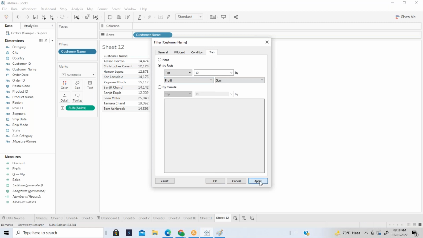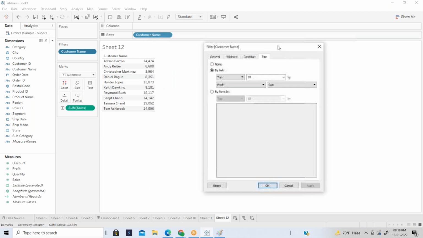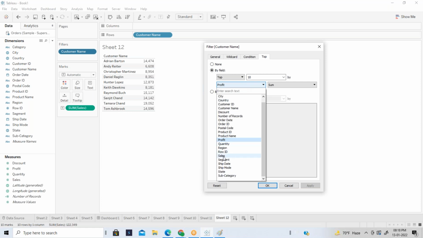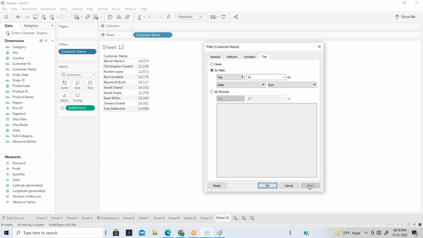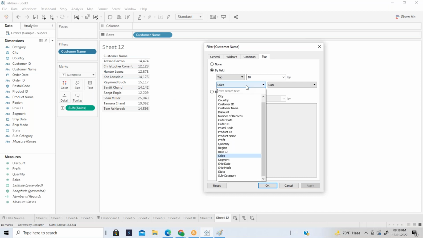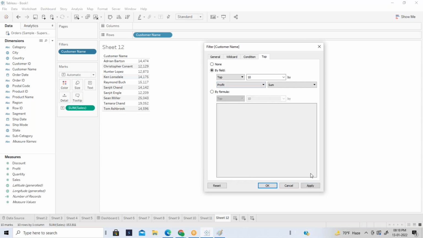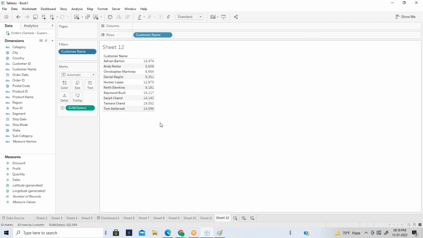So values will change, guys. You can see this. See, the different customers are reflecting now. If you make it sales, top 10 customers, you'll see that values are changing when you make it profit. Okay, so this is how we can display the top 10 and bottom 10 records.